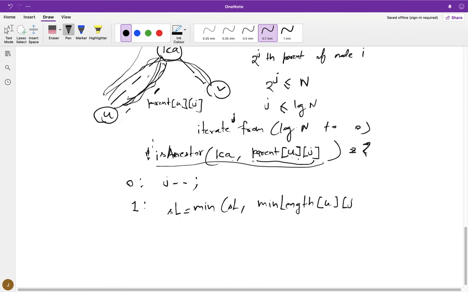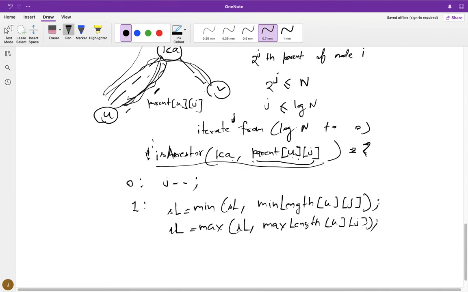So this is where my min length and max length tables help me in reducing the time complexity. Similarly, my longest length will be the maximum of the previous longest length and max length uj.